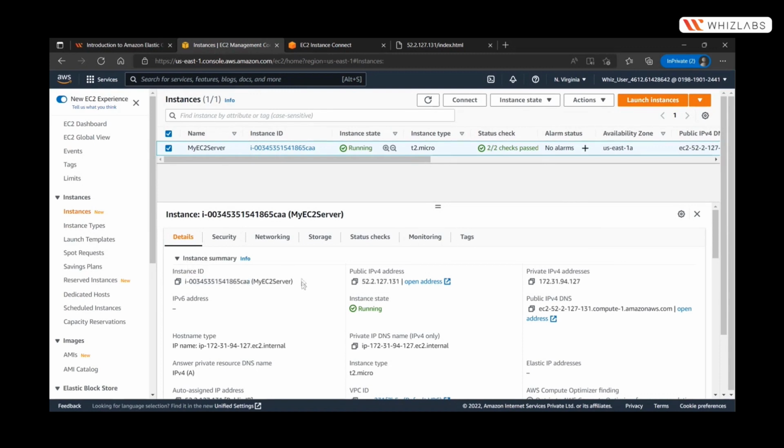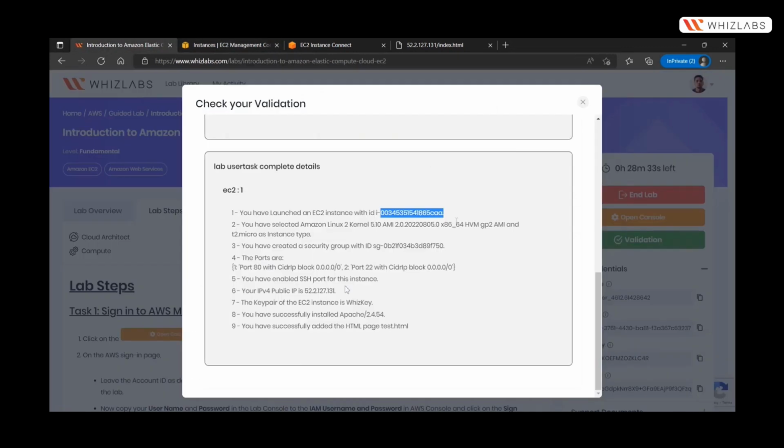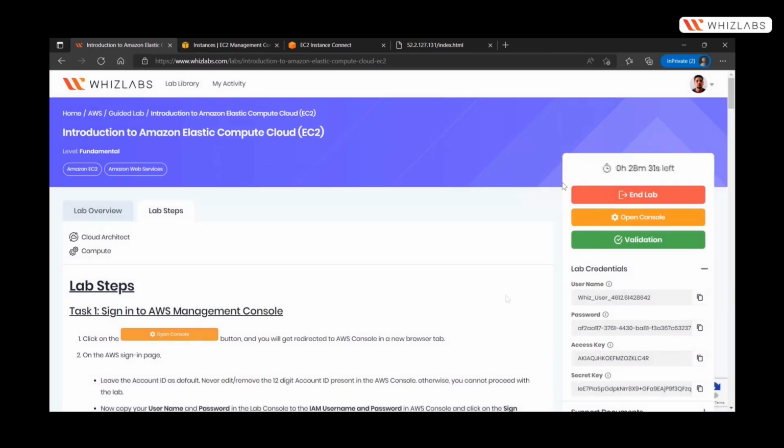So what can you do further? The most important thing is the time that we have allocated for this particular lab. Within this time period, you can perform this lab any number of times. Once the time is over, you are automatically logged out of the lab, and you are done. And if you are finished working within that time, then after clicking on validation and going through the whole lab document, the first step you are going to do is